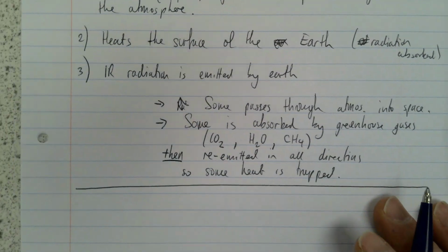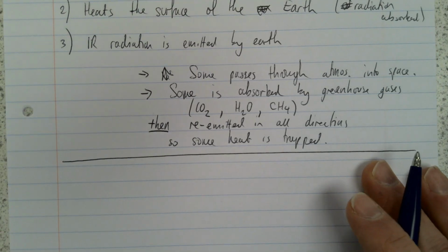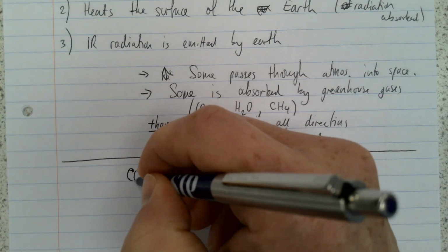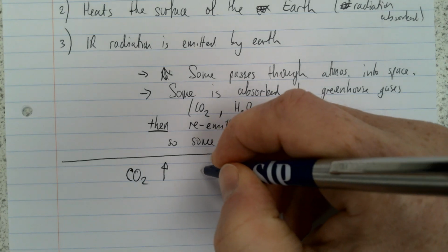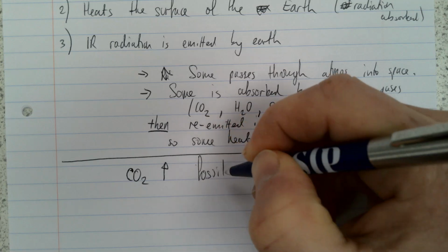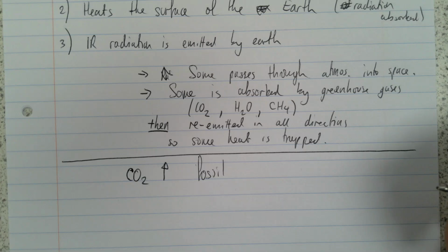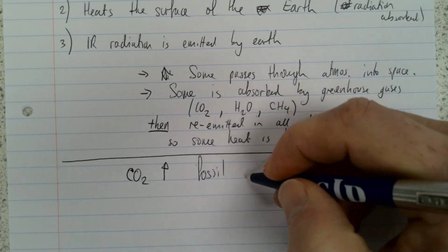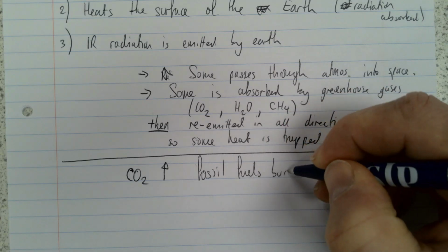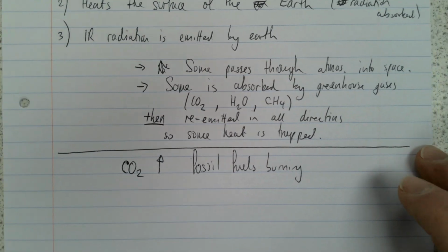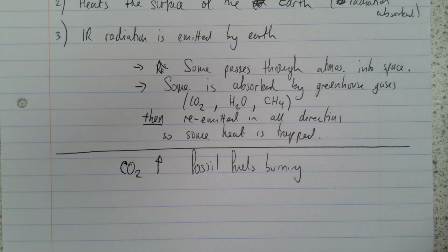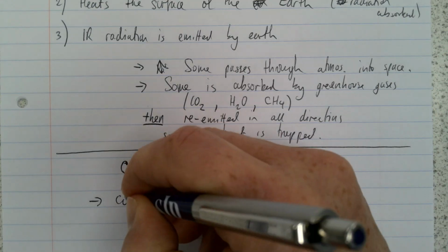What I'm not going to spend time on, because I don't want to patronise you too much, is we all know that carbon dioxide levels are going up, and we know why. So burning fossil fuels, for example. So don't say because of cars, because some cars don't burn fossil fuels, right? Particularly these days. But burning fossil fuels, or petrol, or factories producing or using lots of electricity, so methane maybe is burnt in the power stations or whatever it might be. The fossil fuels being burnt increases carbon dioxide levels, and then there's all the consequences of climate change.